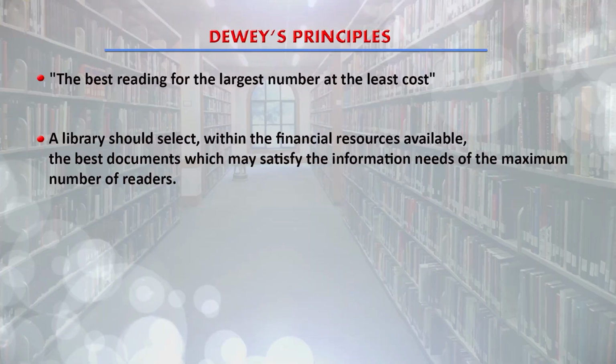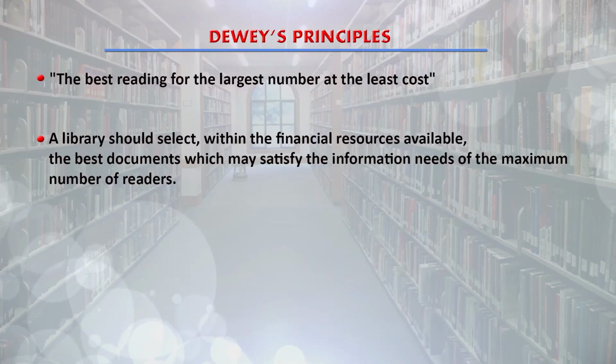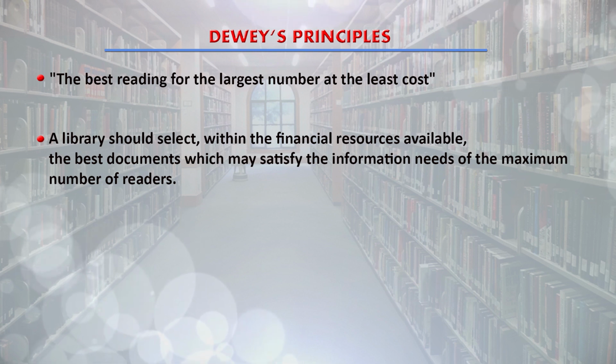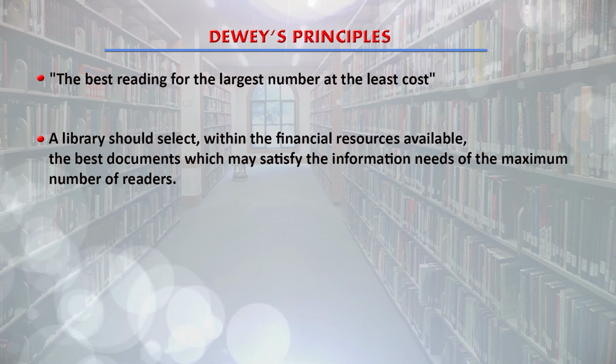And you should take care of the anticipated demands about the requirements of the users, and you should see that you take care of your budget and you are able to allocate that budget properly, keeping in view the needs and number of users. So, the best reading for the largest number at the least cost, this is Dewey's principle, and almost what Drury is saying also here, that you have to keep in view the different types